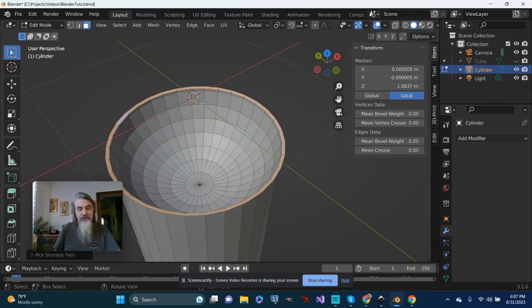And I'm going to just go ahead and do what I was intending on doing with this, which was to extrude it and scale it a bit. And I'm going to